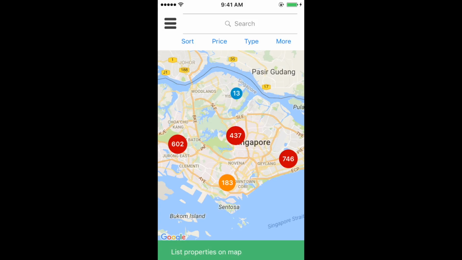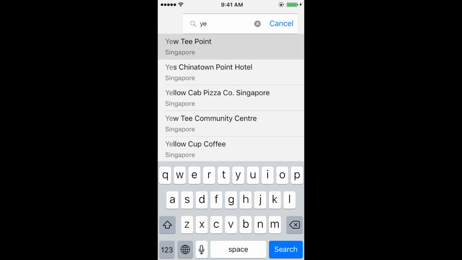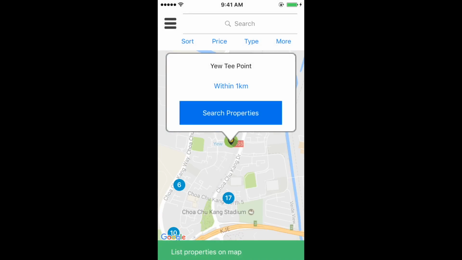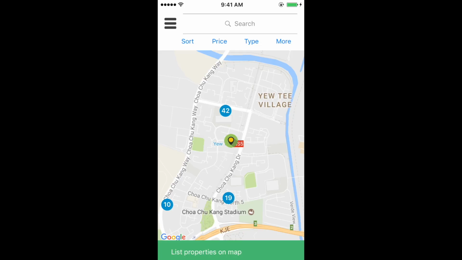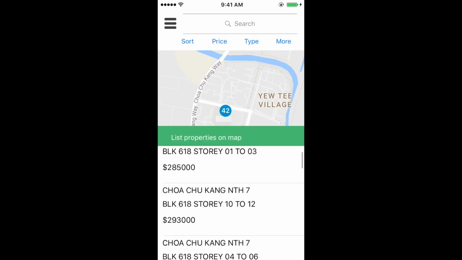In place-based search, users can search for any places of interest with the Google Places API. The search result then returns a place object that is rendered on the map, programmed with an info window that enables property search within a specified distance range. In this example, properties that are within a 1 km distance range to JU Point are located and displayed in the property list view back to the users.